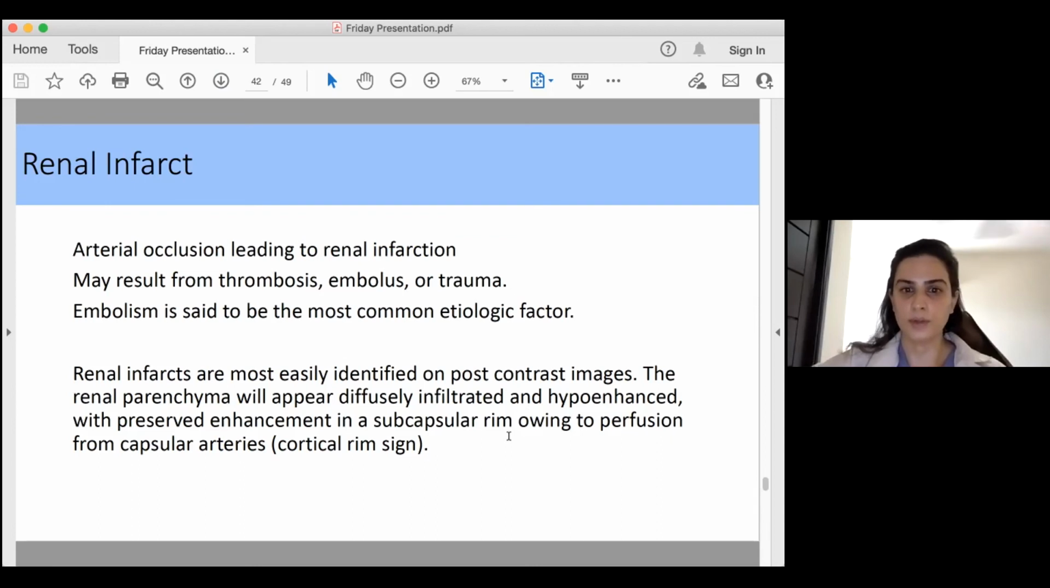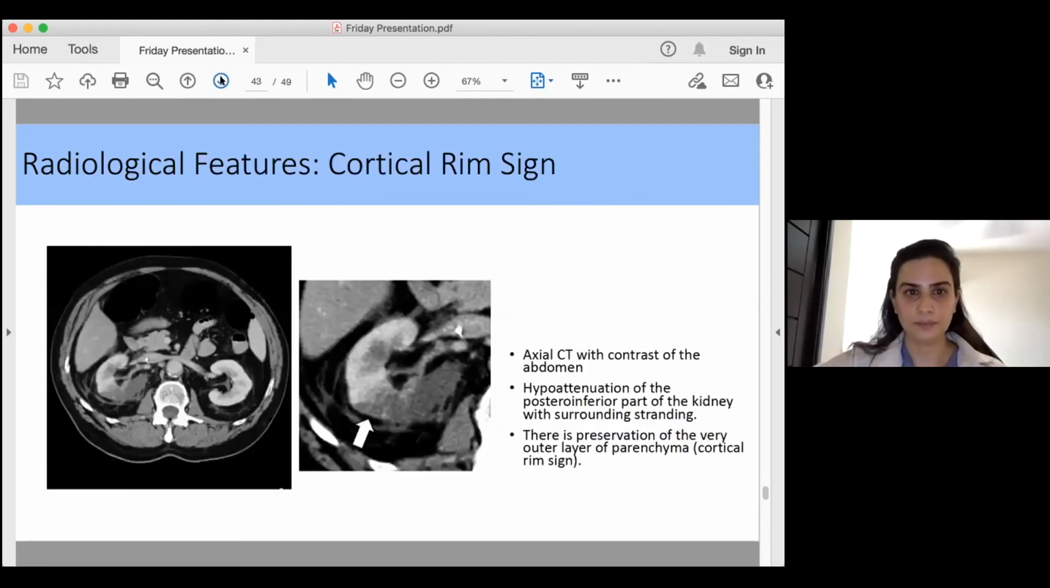The renal parenchyma will appear diffusely infiltrated and hypoenhanced with preserved enhancement in a subcapsular rim owing to perfusion from capsular arteries. So the cortical rim sign, you can also observe it here. Here we have an axial CT with contrast of the abdomen. There is hypoattenuation of the posterior inferior part of the kidney with surrounding stranding. This is known as fat stranding, this sort of line that we observe